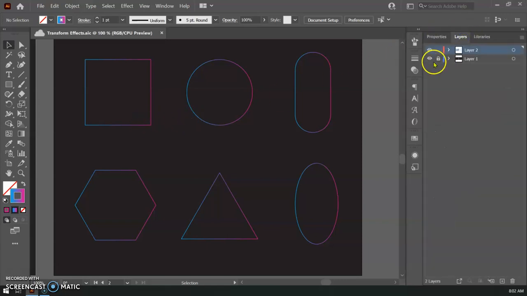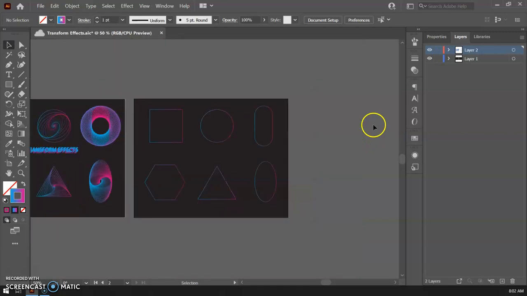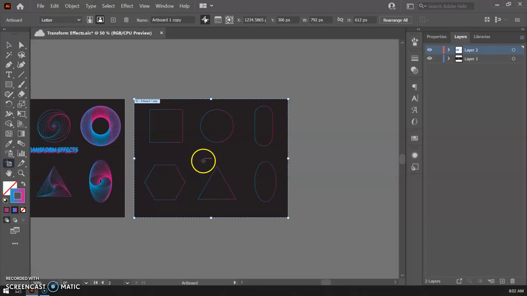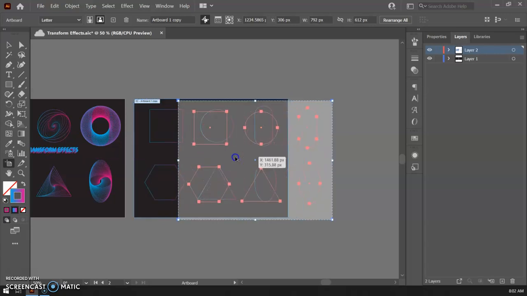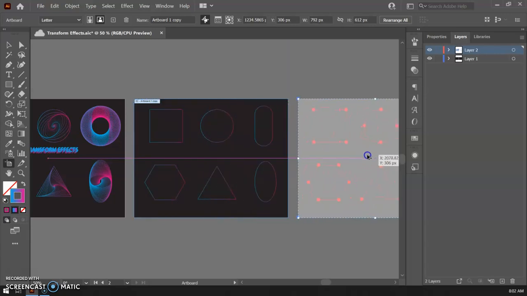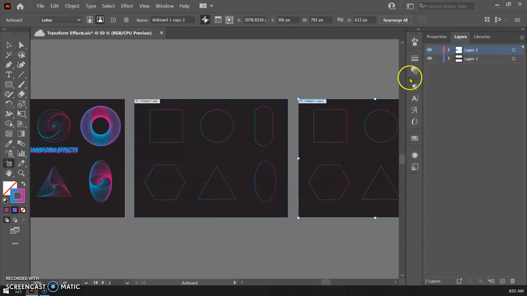But before we get started, I'm going to unlock this layer. I'm going to zoom out here for a second. And what I would recommend is grab your artboard tool and take this entire layer before we start doing the transform effects. You can hold down the Alt key and you can drag this over and you get another copy of both of those layers